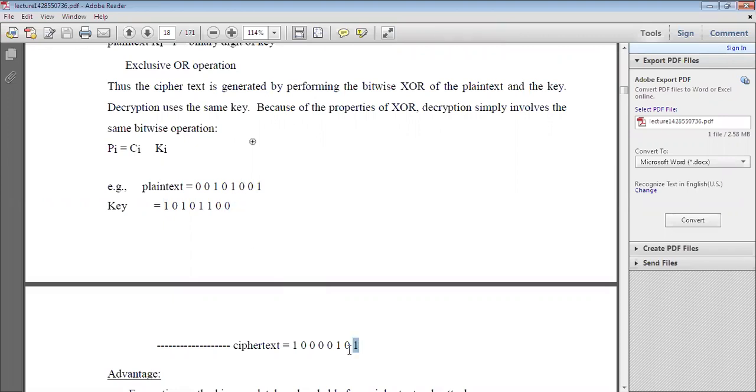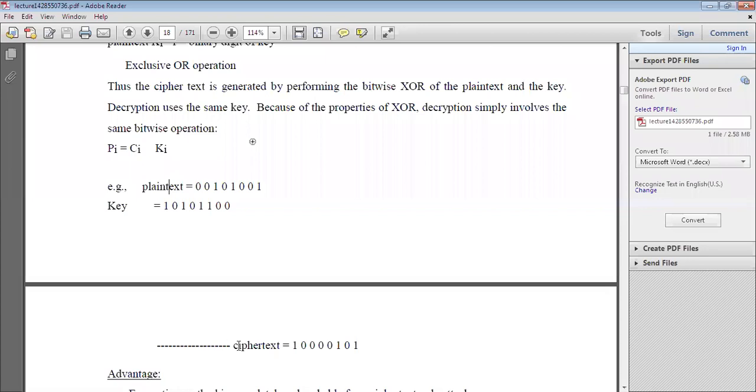Next 0 0 0, next 0 1 1, and so on. Where both are ones, the result is 0. Next 0 0 0. Finally you get 11000011. So this is the way we convert plain text to ciphertext.